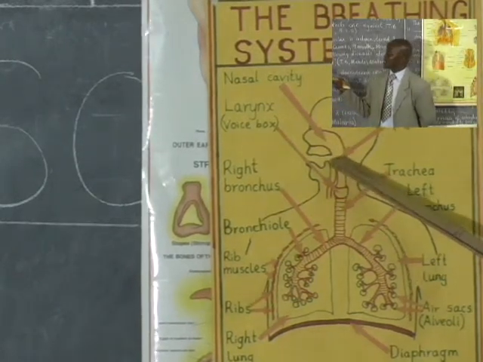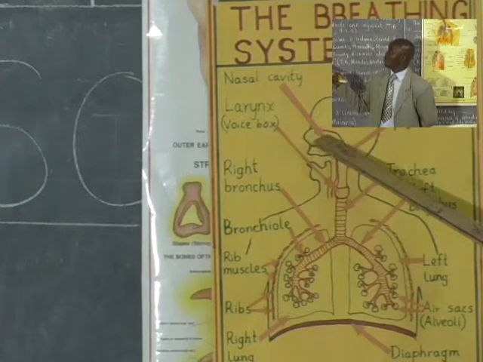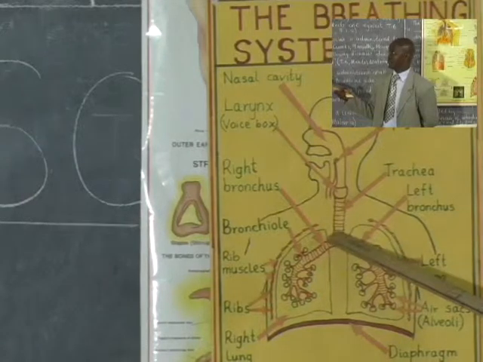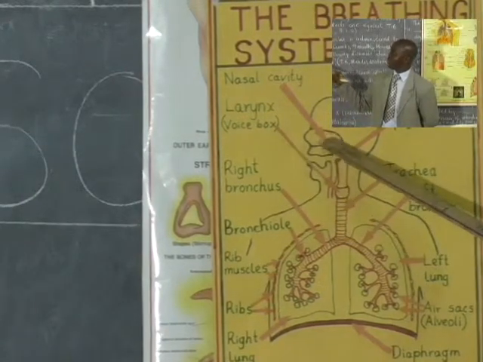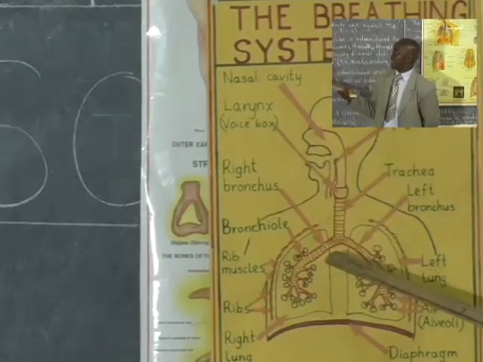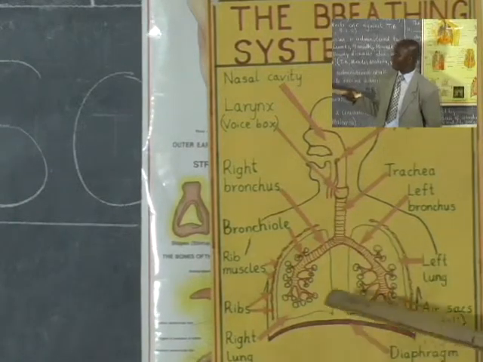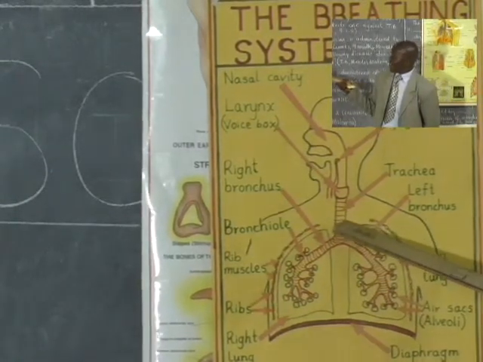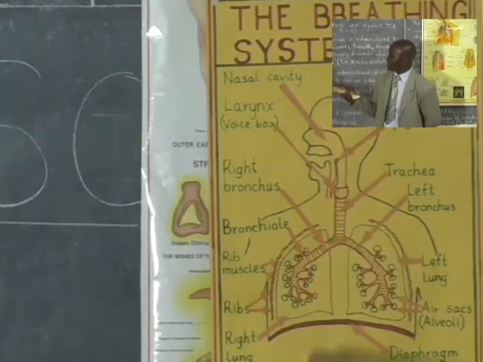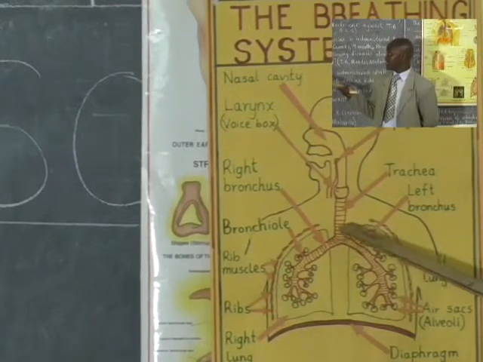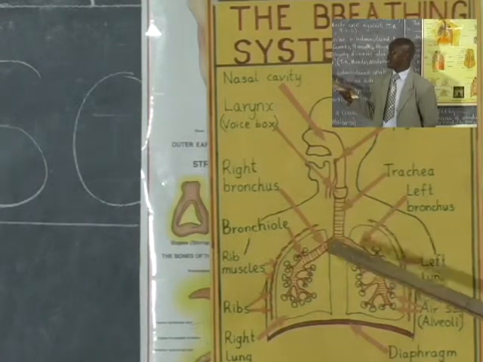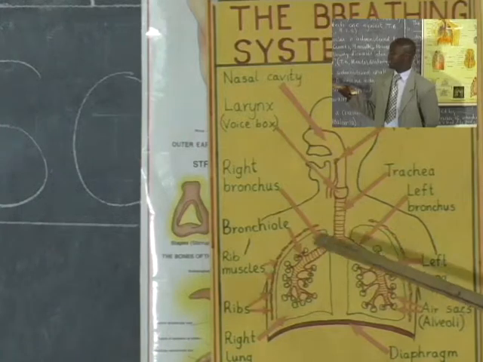Just like the nasal cavity, the cilia present in the nose are also present in the trachea, but in small sizes. So that in case any foreign body passes through the nose, it will be trapped in the trachea and brought back by muscles of the trachea. The trachea has got rings, as you can see. The rings, which are muscular, are meant to help keep the trachea open, so that at any point, whether breathing in or out, it is not closed.